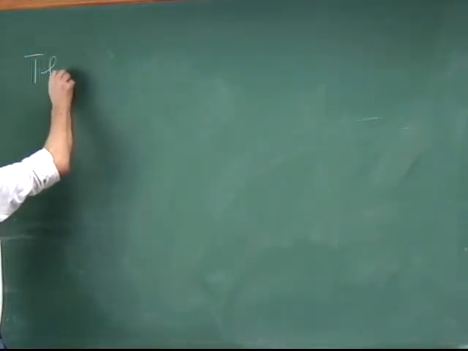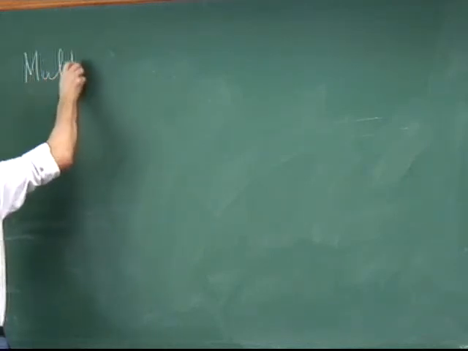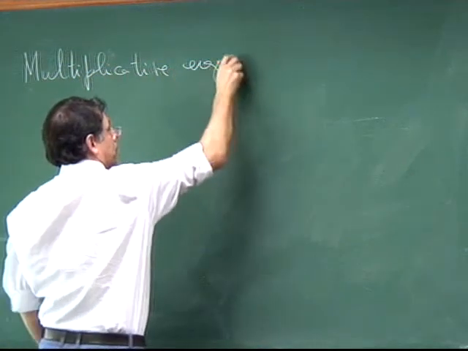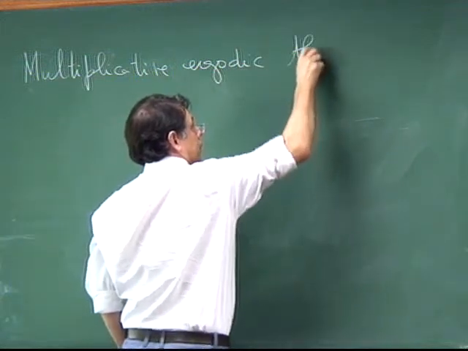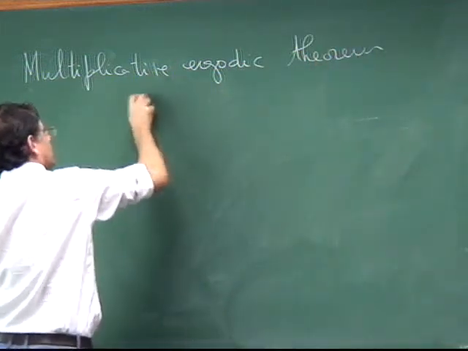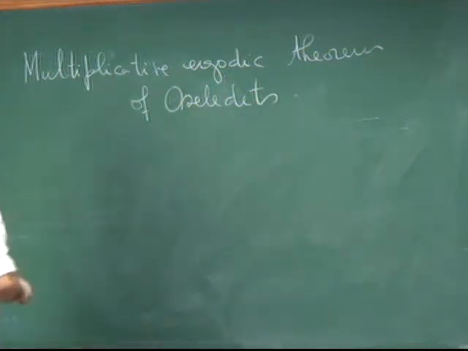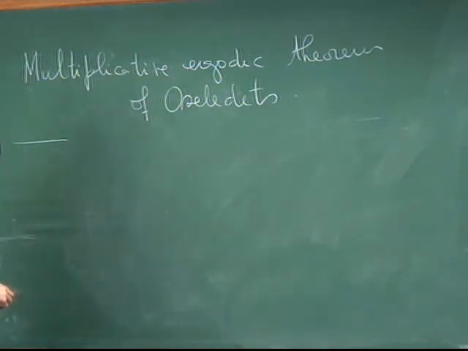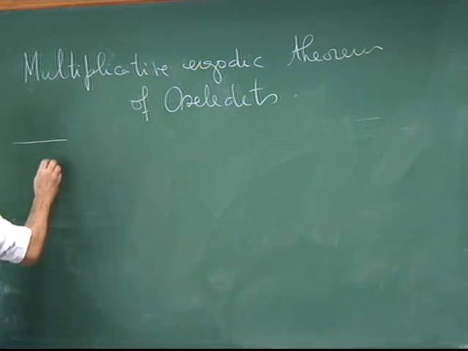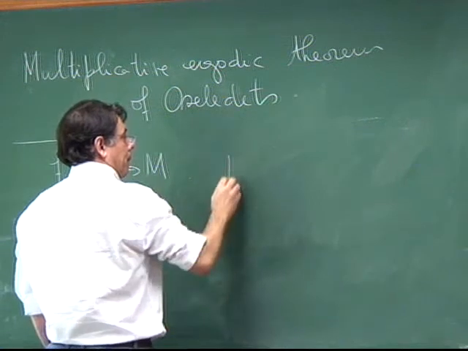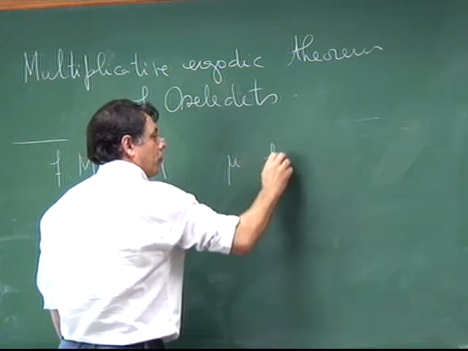So we are going to spend some time talking about the multiplicative ergodic theorem of Oseledets. So the setting is the same that we have been using. We have a transformation, an invariant probability measure,